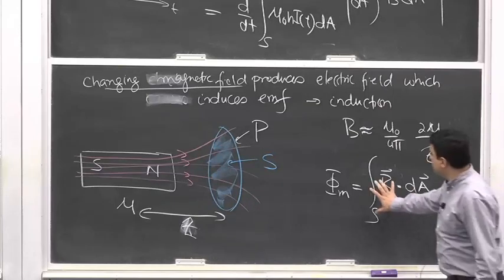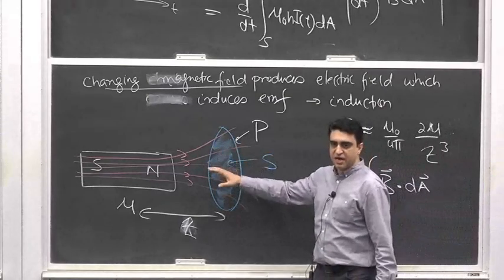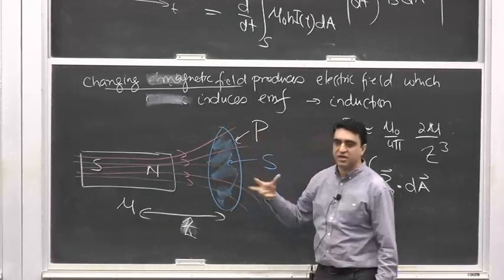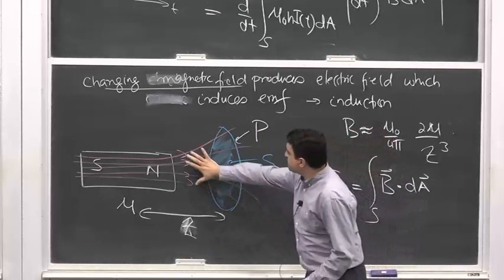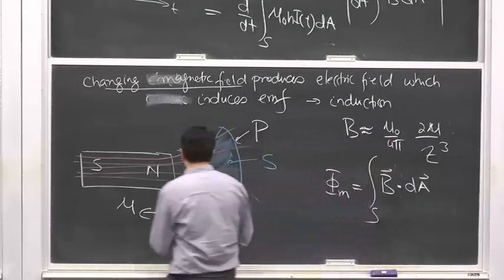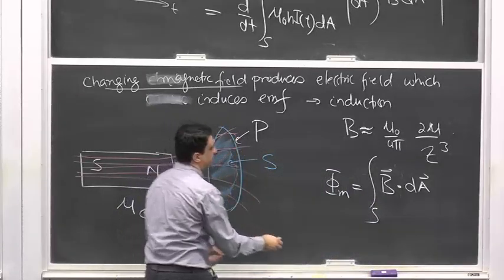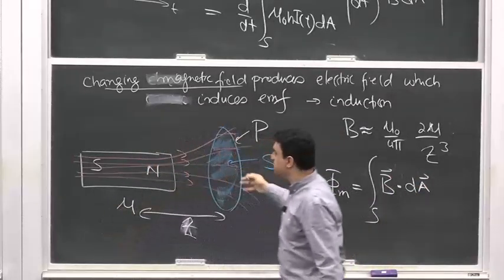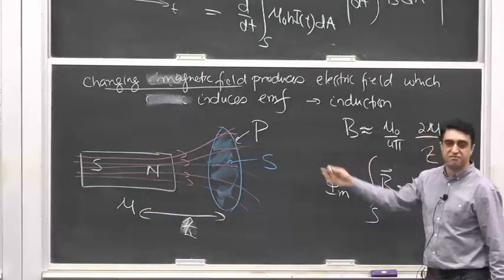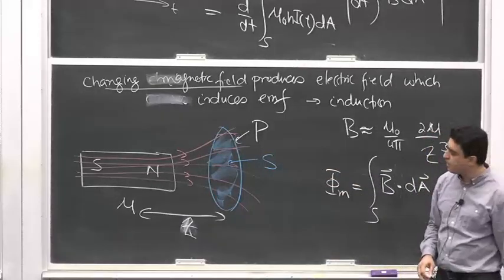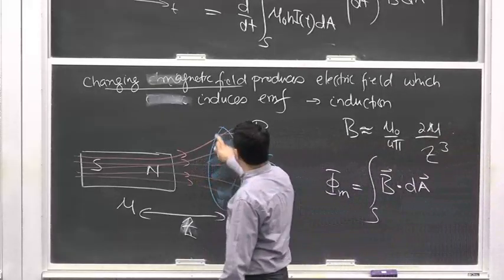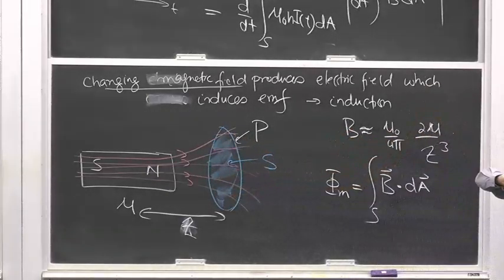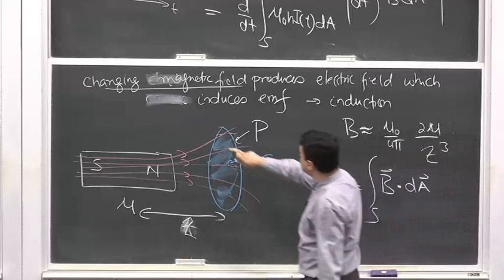So there would be a magnetic flux through this surface, and let's assume that this coil is very small, so the magnetic field lines are more or less parallel, so you can assume that this would make this integral rather easy to solve. I won't solve it, but just imagine this is constant, so you can find the flux through that closed loop. The question is, this won't give you any current, because you won't have any non-Coulombic electric field formed